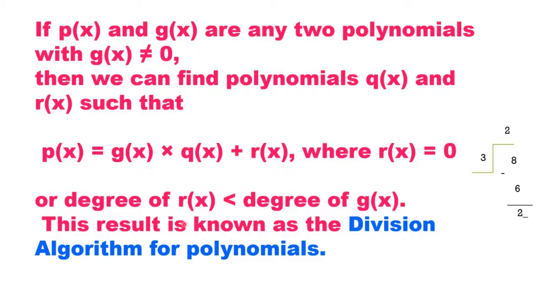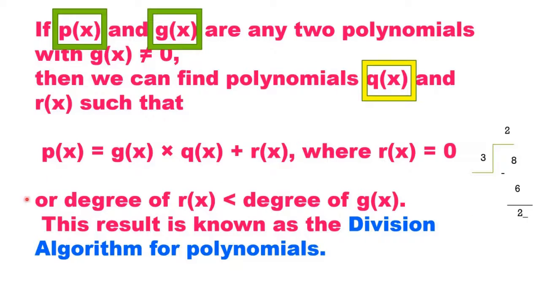Now the degree of r(x) is always less than the degree of g(x), or r(x) is equal to 0. As you know, here we got 2. We can even get 0, 1, 2, but we can never get 3 or more than 3. So we are going to get numbers in r(x) which are less than 3. This chapter is about polynomials. So here the degree of r(x) will always be less than the degree of g(x). It means g(x) is the divisor. Its degree will be greater than the degree of r(x).